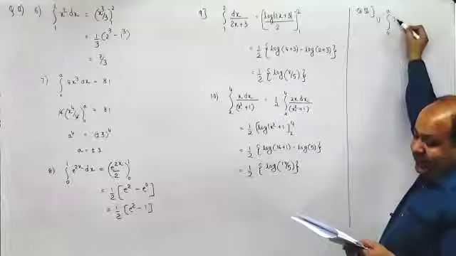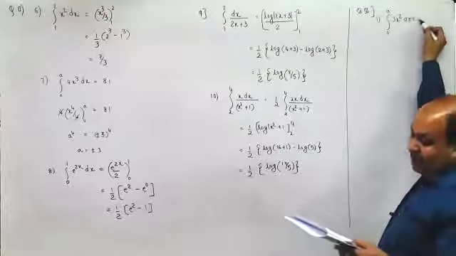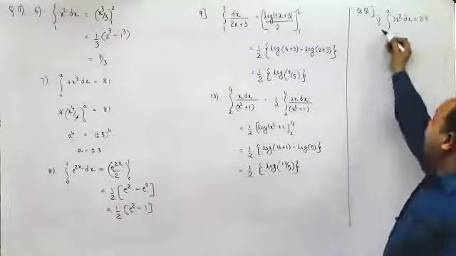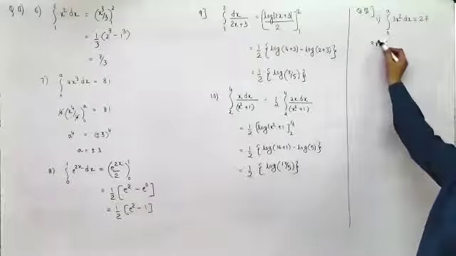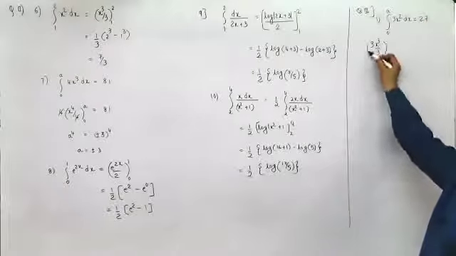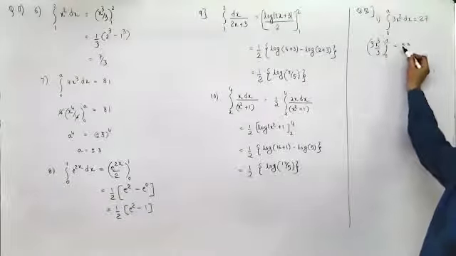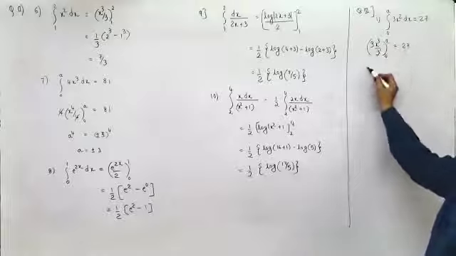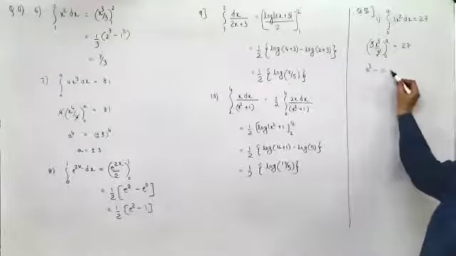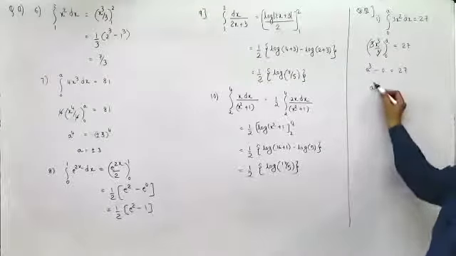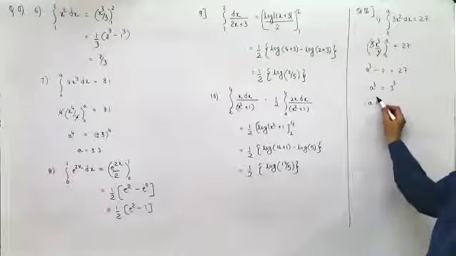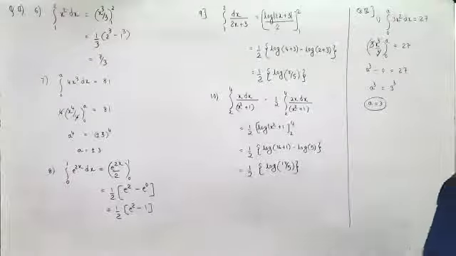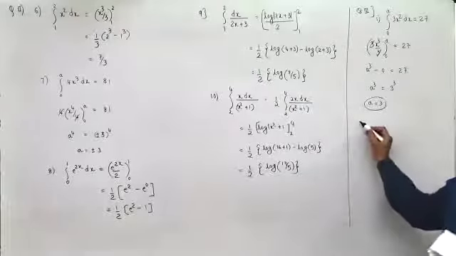Integral from 0 to a of 3x squared dx is equal to 27. Now take 3 out. Integration of x raised to n is x raised to n plus 1 upon n plus 1, between 0 and a. It is equal to 27. This and this get cancelled. First you substitute the upper limit, then the lower limit. a cube is 27, a cube is 3 cube. It would be plus 3 cube, a is 3. It is not 2.5.